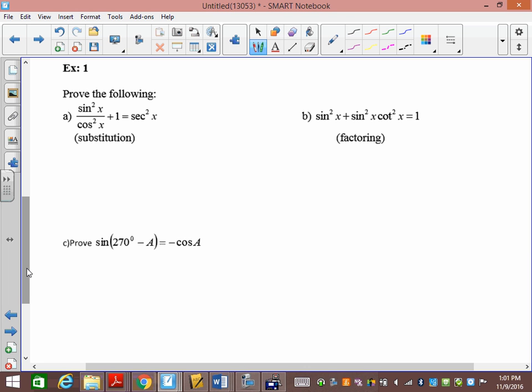This side looks more complicated. I'm going to try and make it one fraction, so I'm going to need a denominator of cos squared x. So I'm going to turn this 1 into cos squared x over cos squared x, because that's just 1, right? So I'm going to get sine squared x over cos squared x plus cos squared x over cos squared x